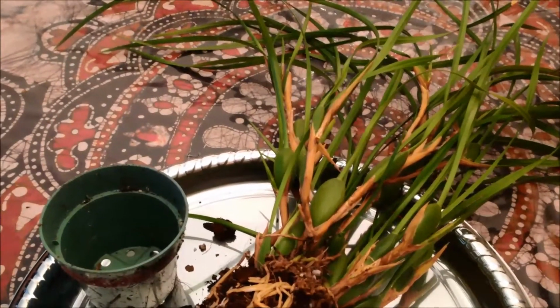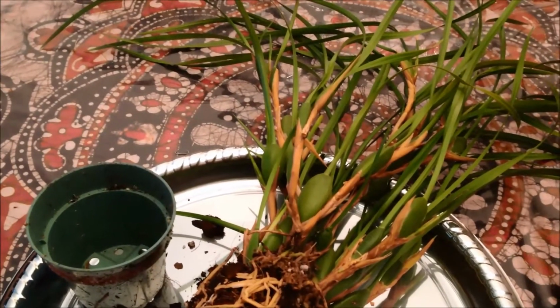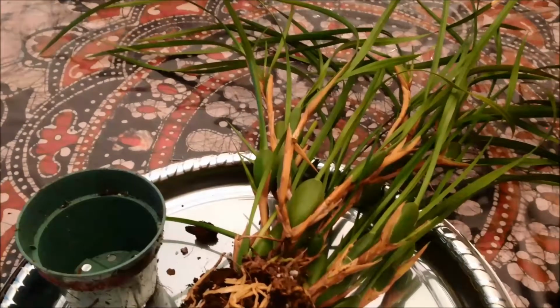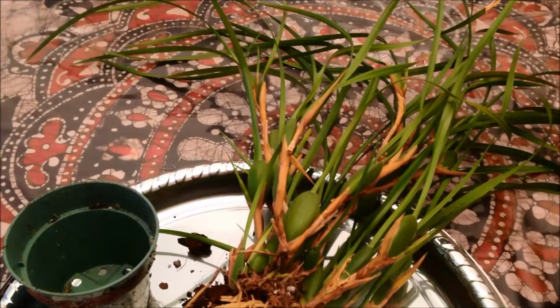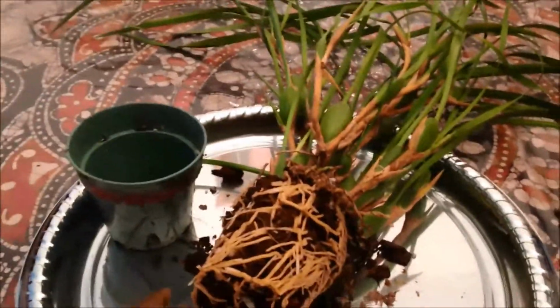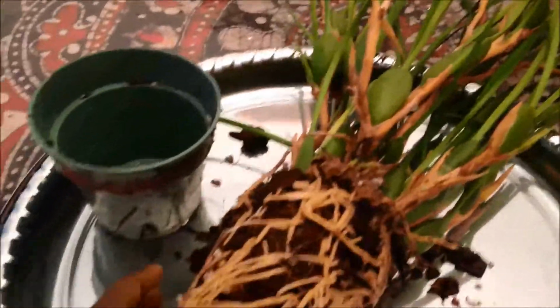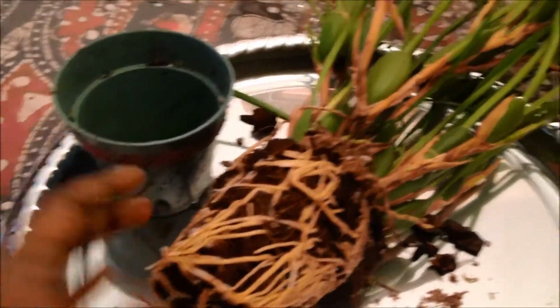However, I've looked around and I haven't seen a video of it yet, so I thought this will be a good experiment for myself, as well as to demonstrate how it should be done, and maybe, hopefully, it'll help somebody. So that's what I'm going to be focusing on today, but in the meantime, we will be doing a repot of this as well. As you can see, the roots are quite pot bound, but there are some nice roots in here. And I'm going to go ahead and